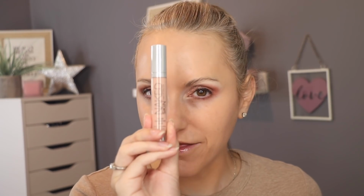So I'm going to use the Naked Skin from Urban Decay, and this is their peach colour corrector. I'm just going to pop a tiny bit of that on the back of my hand. And then I'm going to take a brush and just apply that to the areas of discoloration that I have. Any of the dark circle that is poking through. This is such a great product. It dries down quite quickly, but I am going to give that a couple of minutes now to dry down